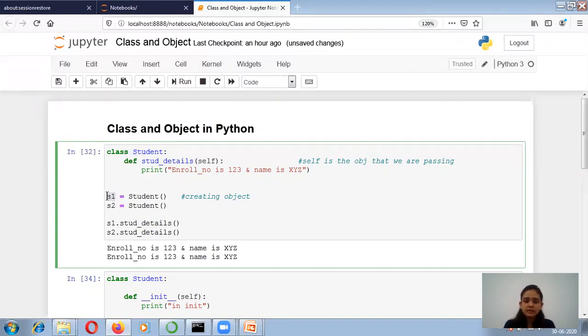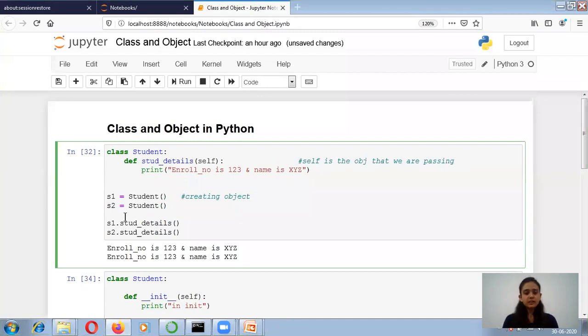Like that only, if I want to give this object a type of the class, then how will I write? That is the variable name s1 equals, that is the assignment operator, and I write over here the class name, student. When I type s1 equals student followed by the parentheses, it is called that I am creating an object of the class student. So this is how the object is created of the class student. Like that, I am creating the second object of the class student, that is s2 equals student.